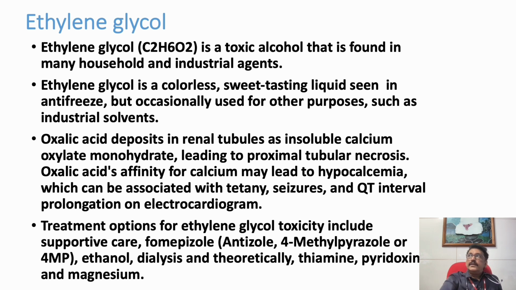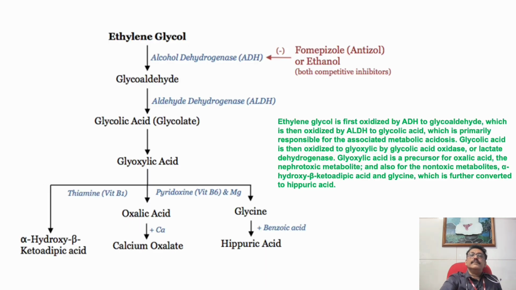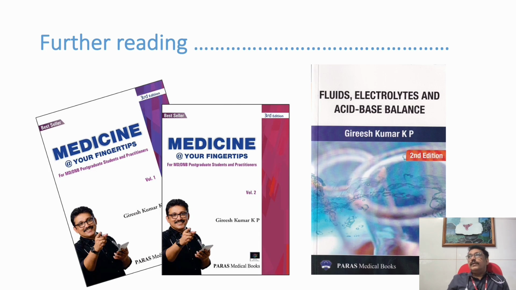So we have to treat according to the clinical findings. If the patient develops hypocalcemia, we have to give calcium. For tetany and seizures, you have to give anti-seizure medication. It all depends on how the patient presents to you. So supportive therapy is very important here. So for ethylene glycol, again fomepizole or ethanol. You can give thiamine and pyridoxine, which increase the conversion of glycolic acid to less severe acids, as you can see in the figure. So we have discussed some of the important toxic alcohols in clinical practice.